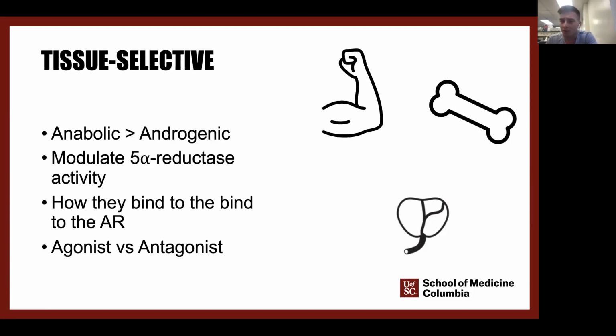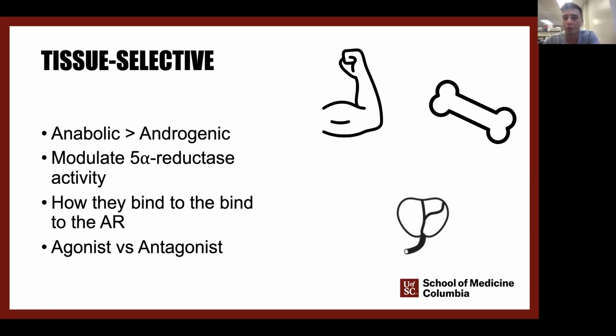Does anyone know what 5-alpha reductase does? Andrew said it creates DHT. Exactly. Awesome. All right, you've got some good students there. So yes, 5-alpha reductase is the enzyme responsible for reducing testosterone to DHT. DHT is similar to that YK11 molecule we talked about a second ago, in that it's very potent. DHT compared to testosterone is about 5 times more biologically active.